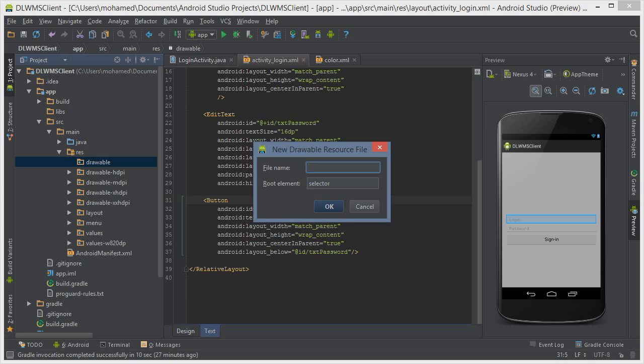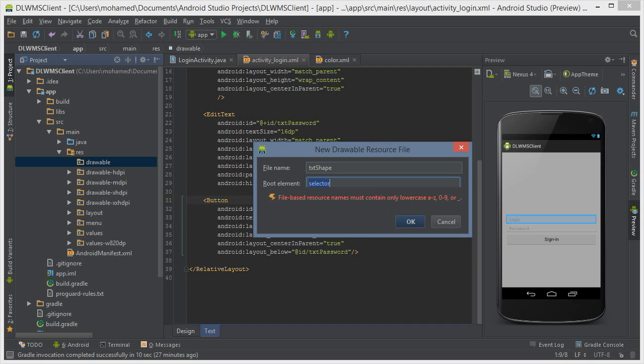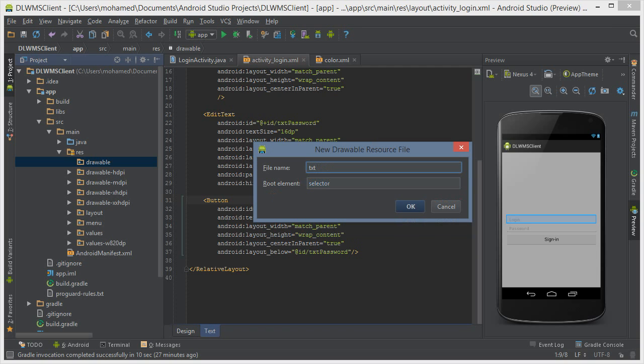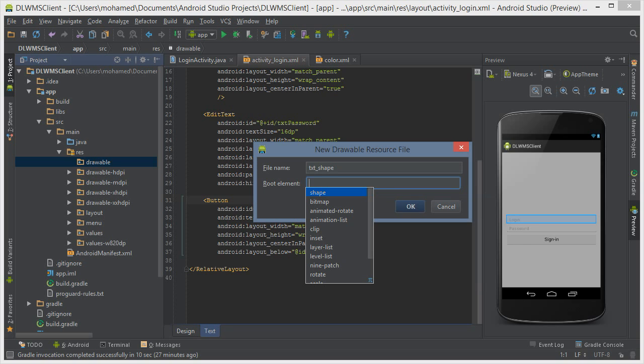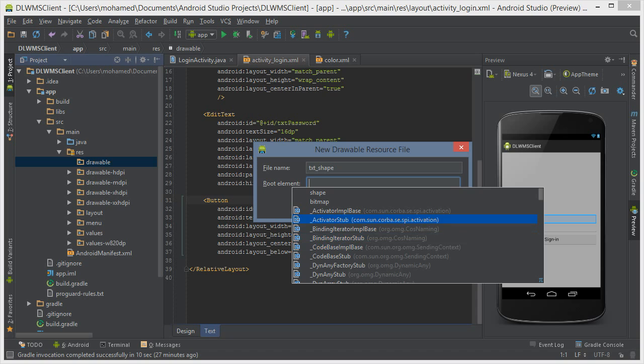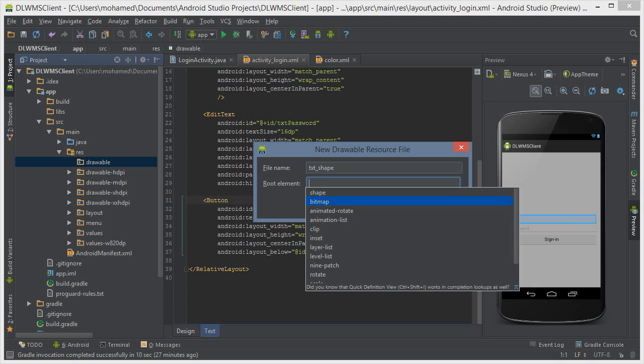which I'm going to call txt_shape. All right, and by the way, there are no capital letters over here, so it has to be txt_shape. You are not allowed to use capital letters. Everything has to be small. And instead of selector, if I just go back and hit the backspace and erase this, if I hit Control Space like this, I get the description over here. So if I hit Control Space, right now I would like to put the root element